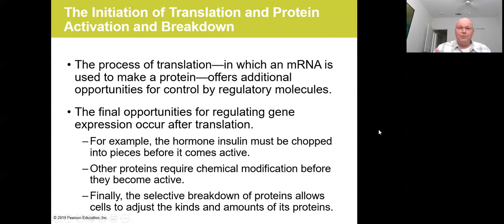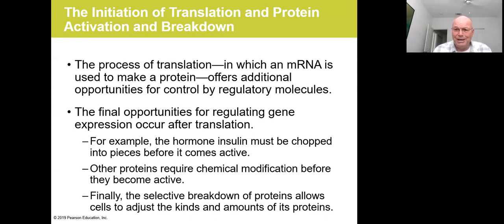So once we get through the process of translation of the messenger RNA and we've finally got our polypeptide, then there's another way of regulating the expression of the genes, by regulating the activity of the polypeptide. It turns out that many polypeptides need to be modified in some fashion. This typically goes on in the Golgi apparatus, where the proteins will be temporarily stored before they're transported on to their final destination. In the case of insulin,